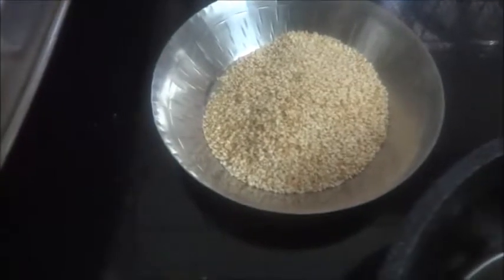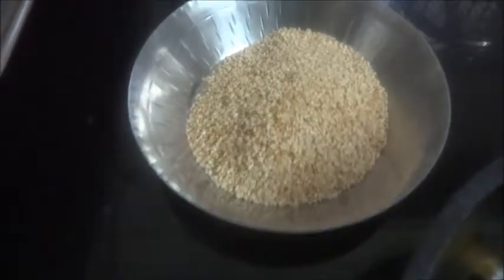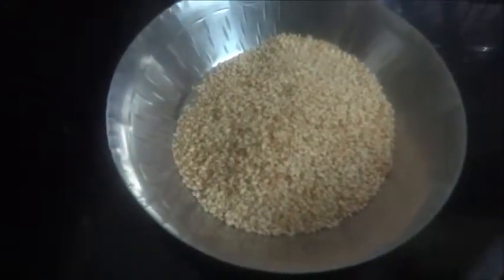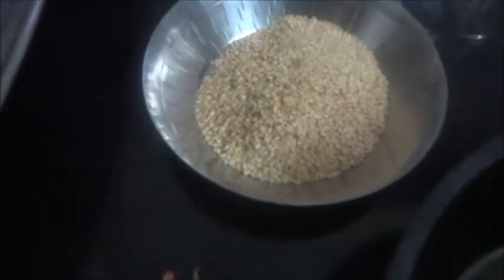I'm going to make sesame seed rice. For that, I have roasted a quarter cup of white sesame seeds and kept it here. While roasting, you have to dry roast this. Now for the masala, I'm going to add a teaspoon of oil,